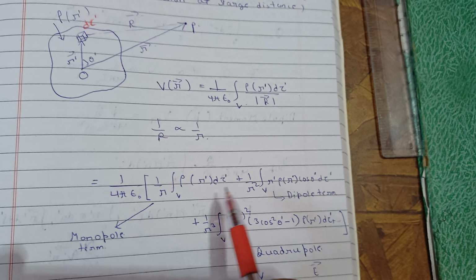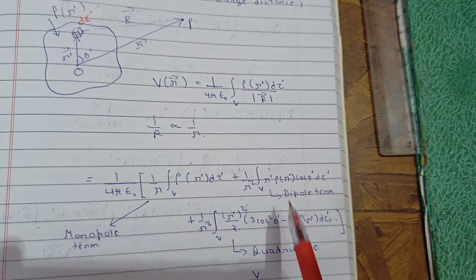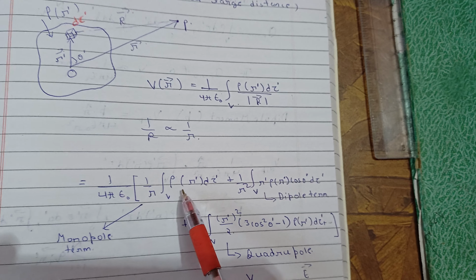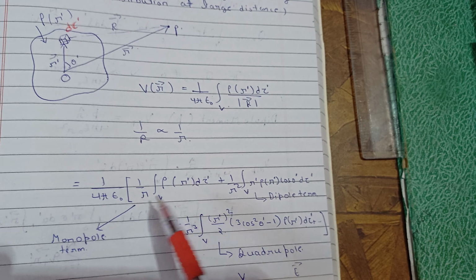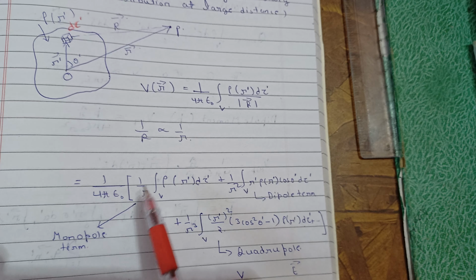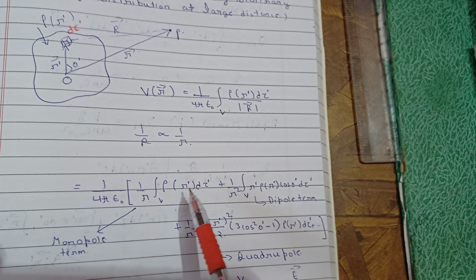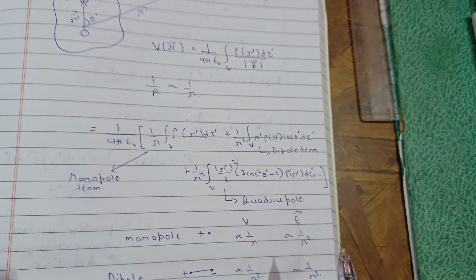And see here, now the dependency is on r. In the series, the first term, if it is non-zero, is called the main term and the other terms are called correction terms. And if the first term is 0, then the second term becomes the main term and the others are correction terms. So if this is non-zero, then the main dependency is on this part, and the others are correction terms. That's what I told you, so remember these points.